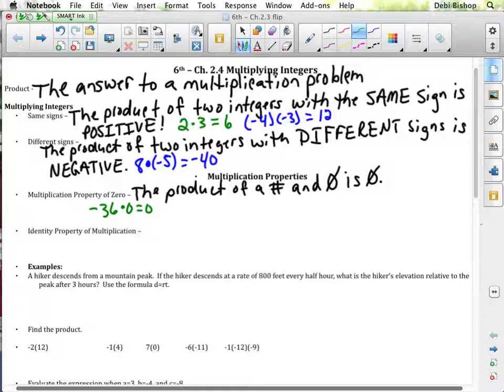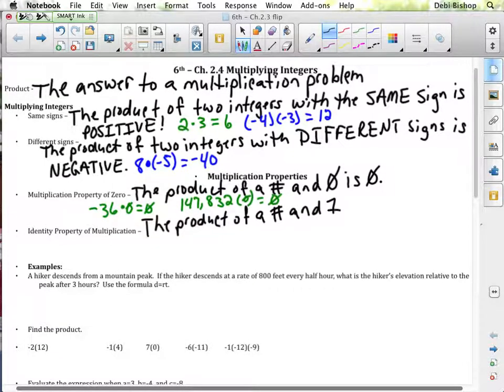If I have a number like 147,832 and you multiply it by 0, my answer is always 0. So our other one is the identity property of multiplication. Now, if you're in my class, I kind of had a trick, and I talk about my identity doesn't change, and that's what the identity property is. So here you say the product of a number and 1, which 1 is called the multiplicative identity,